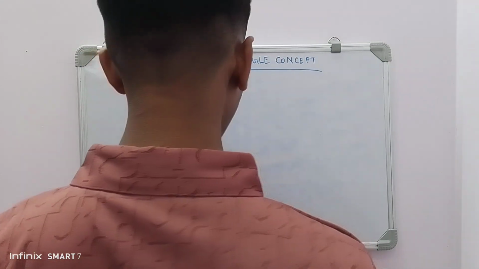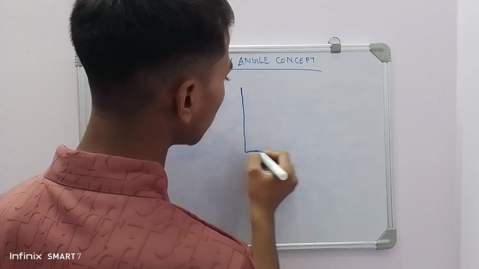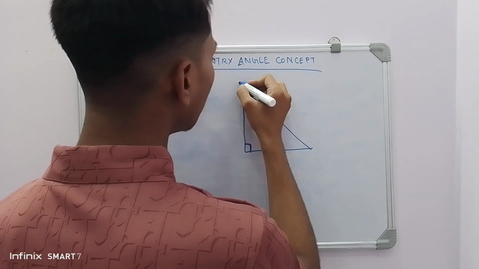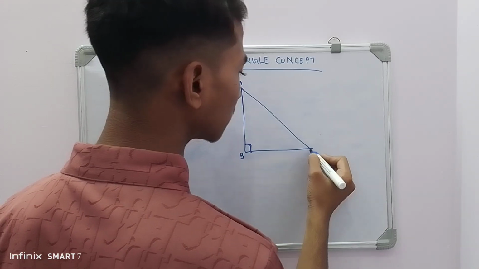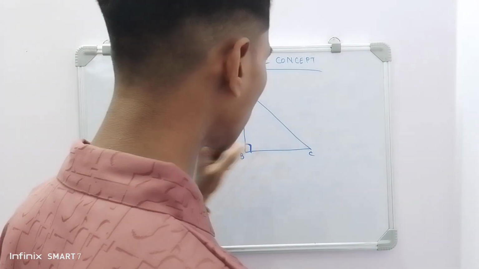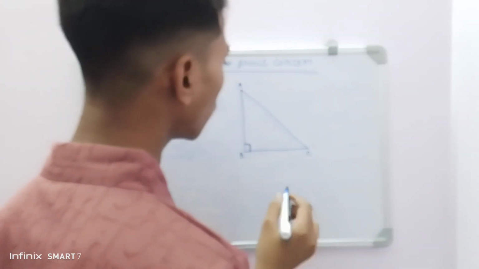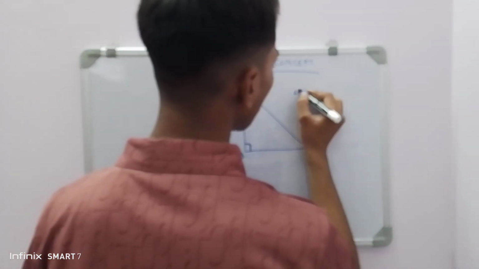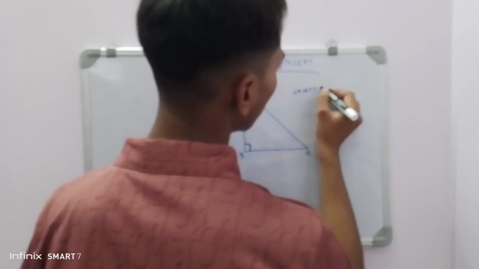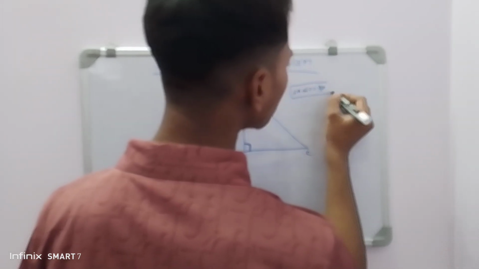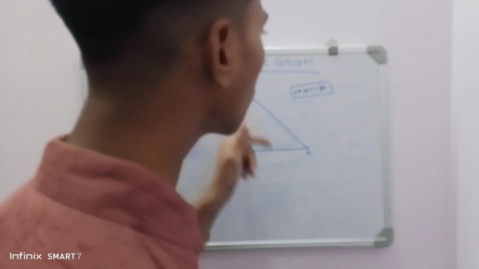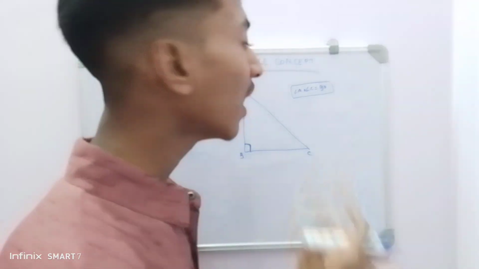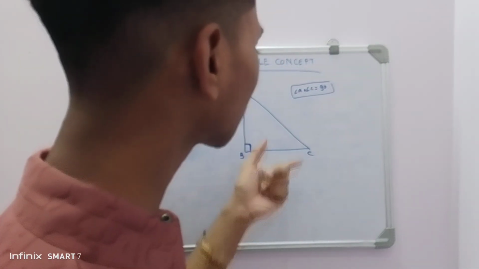As we all know, trigonometry applies to the right angle triangle, in which one angle is already 90 degrees, and we name the vertices A, B and C. So as this one is already 90 degrees, if angle B is 90, then angle A plus angle C will be equal to 90, so we could say that angle A and C are complements to each other, that means both angles are complementary angles, and through this we are going to understand some concepts.